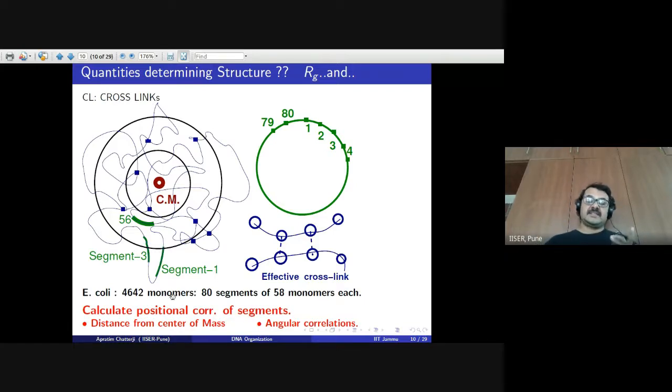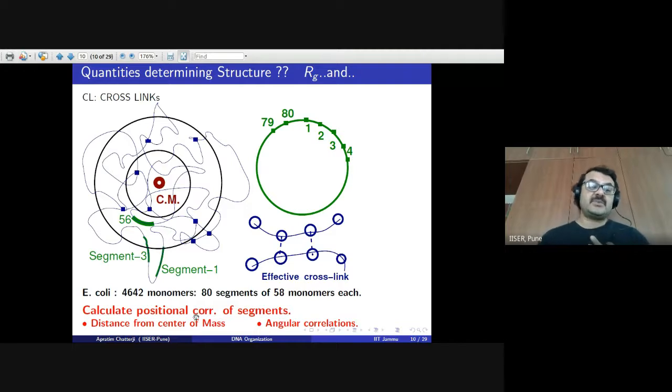Is it that at the large scale, at the micron scale, certain segments are preferentially found closer to each other? Now, this is what we started out from the experimental data, but we are taking a very small amount of the experimental data, putting into our simulation the position of crosslinks, and we are asking whether the entire bigger polymer picture at the micron scale is getting organized at a much larger scale. So we are using an extremely small amount of experimental input and getting out positional correlations as well. Okay, or if there's no position correlations, we will see that in our data.